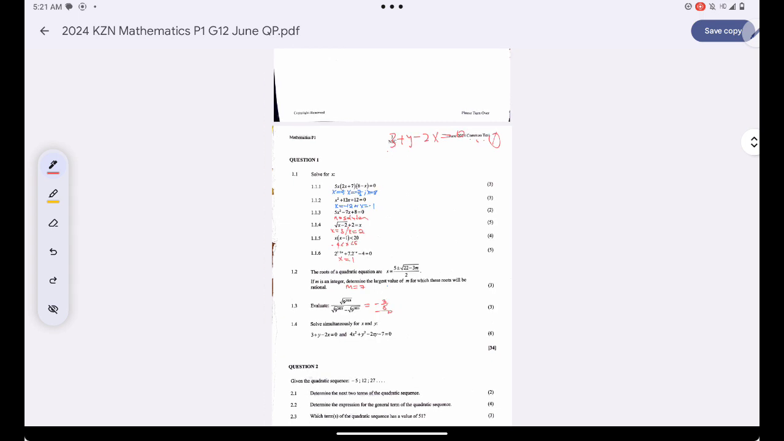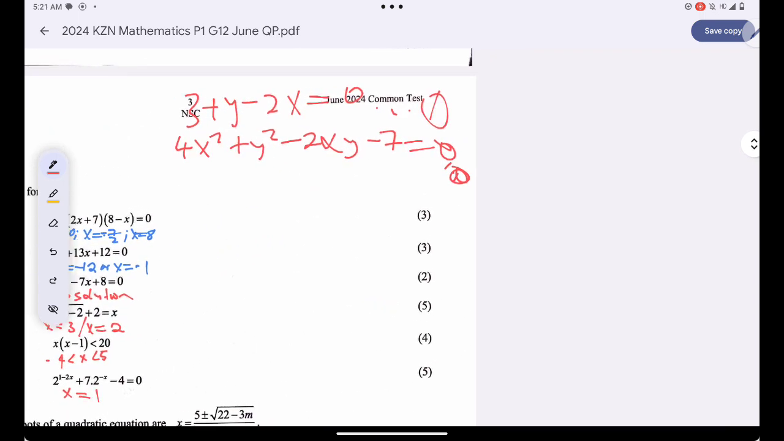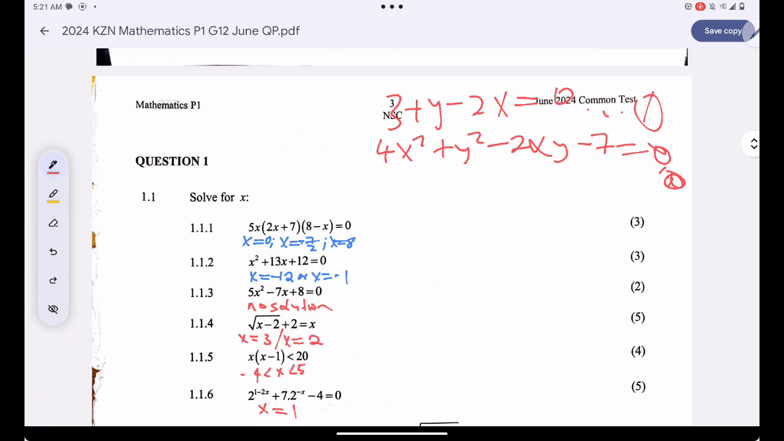Then equation 2, I have 4x squared plus y squared minus 2xy minus 7 is equal to 0. That's my equation 2. Okay, I can manipulate equation 1 to have one unknown variable, right? Because whenever I solve simultaneously, I need to solve for one variable at a time. So I can simply say